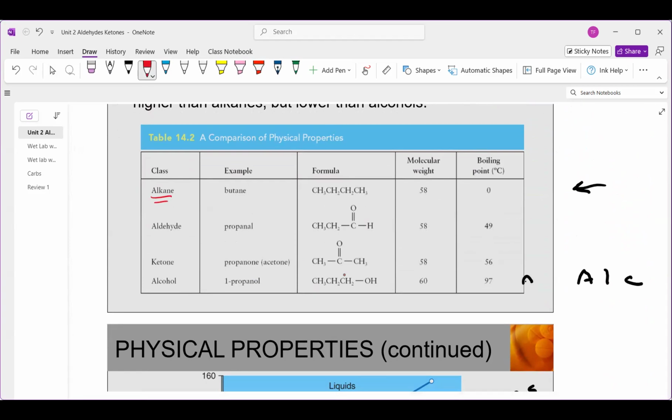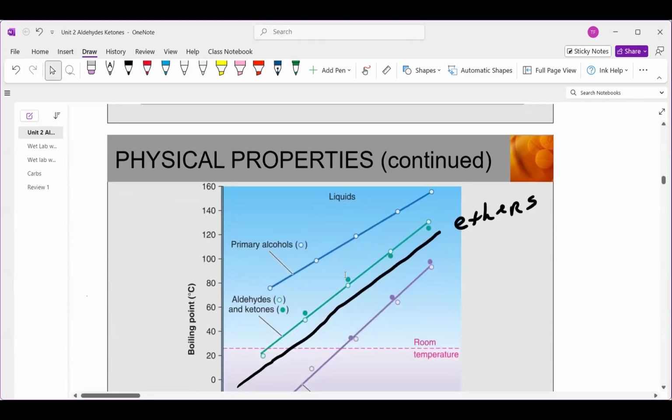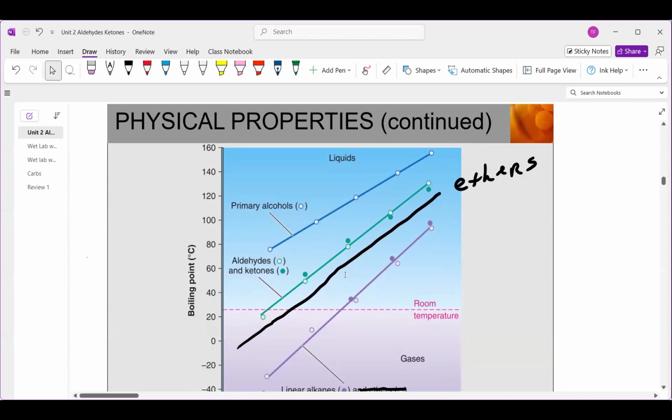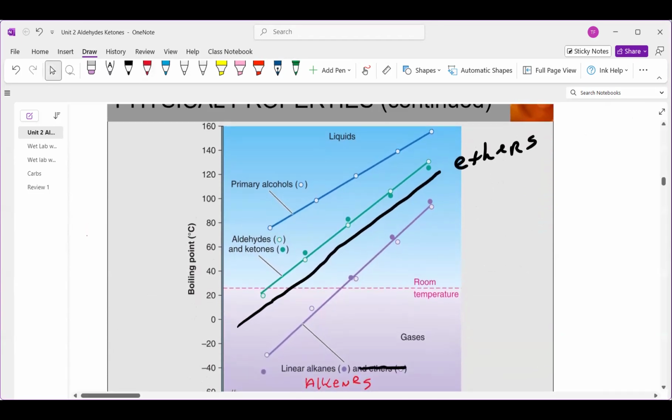Acids, well, we can study acids, but alcohols to this point will have highest, and everything else is in between. Aldehydes and ketones are similar, so they're going to be in between the two. So good old alkenes and alkanes are at the bottom. Ethers are a little more